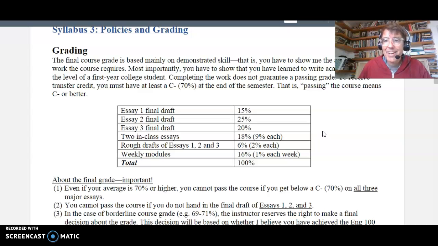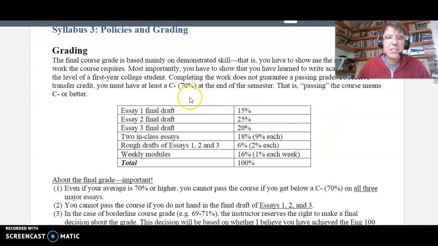So that's a lot, but it's not the end of the world if you didn't pass, because there's still a lot left. You'll notice that the weekly modules are only 1% each week. You should still do them in order to be successful. But the final drafts of the essays are mostly what will determine how well you do in the whole course.